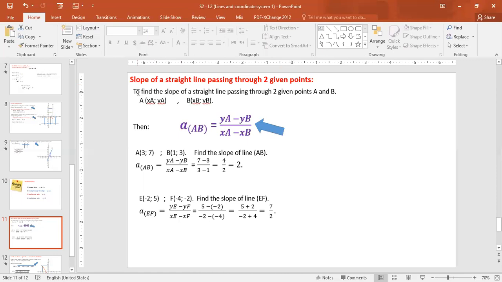So the rule says to find the slope of a straight line passing through two given points A and B, of course A has an abscissa and an ordinate, B has an abscissa and an ordinate. To find the slope of a straight line passing through any 2 points, we use this rule. This rule, you should memorize it. The slope of the straight line AB is